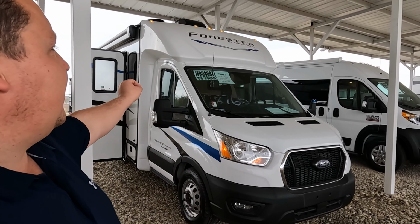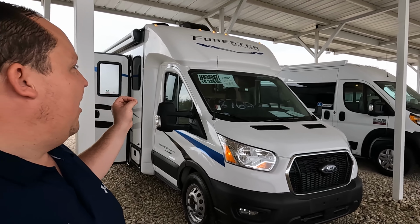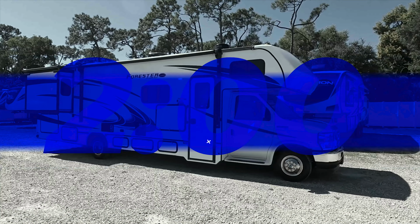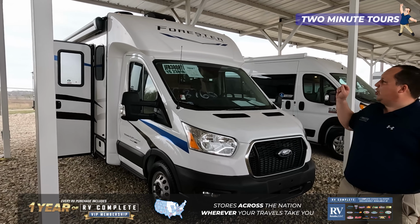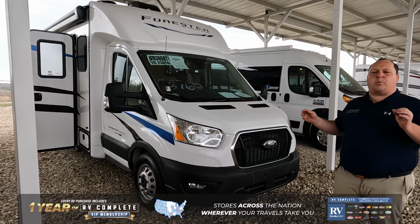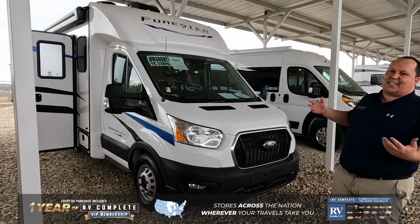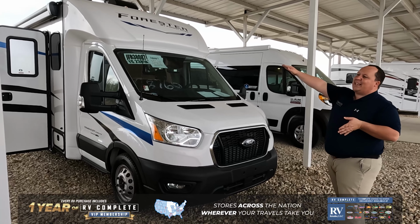Today, we are taking a look at the 2022 Forest River Forester Model 2381A. Now this is a Forest River Forester TS. TS stands for Transit Series, and this is what I like to call a B+ motorhome. Technically it's a Class C, but what I love about it is the van look, the van shape, nice smooth